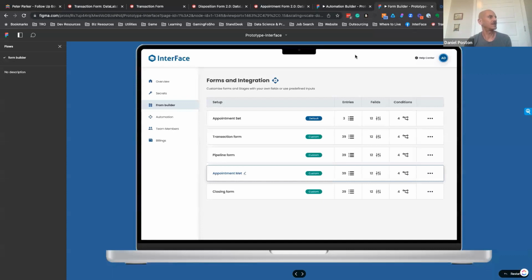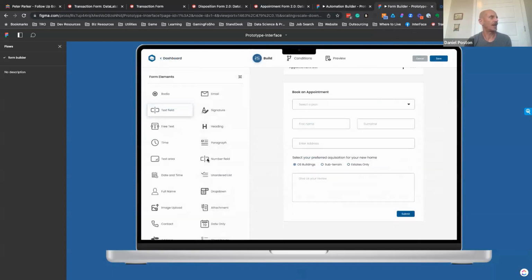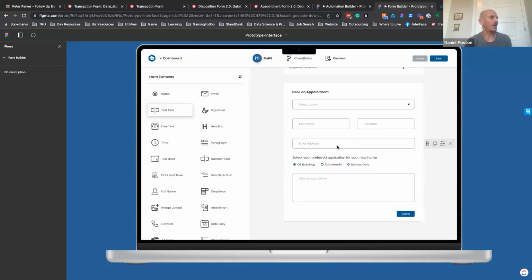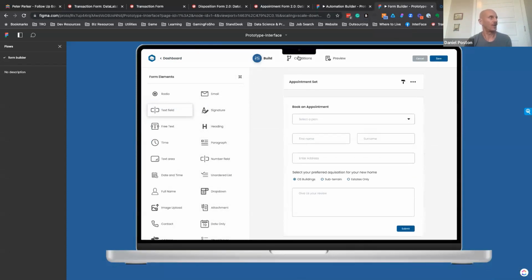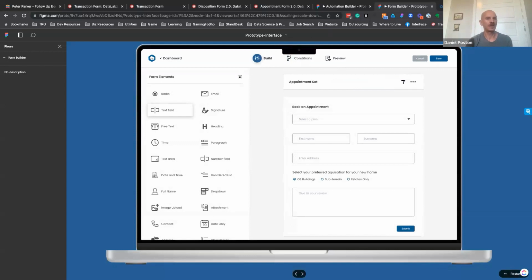And so the way that looks is this is kind of the prototype that we're working on. So you'll have like your list of forms in our system. And then if you want to make an update to the appointment form, you click on it. And now you have this drag and drop interface to set up your form however you want. So it doesn't need to go through us, and you can create conditions. So if you want this field to appear if it's a buyer, you can do that. And this field to appear if it's a seller. And the way that'll look in